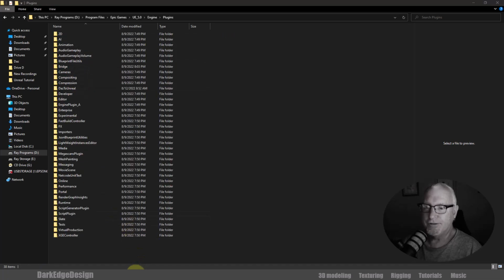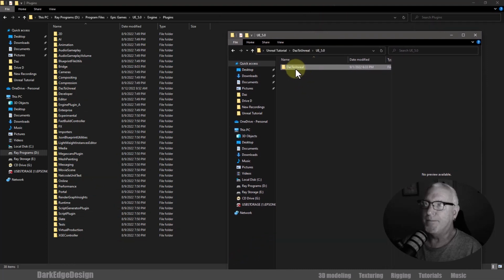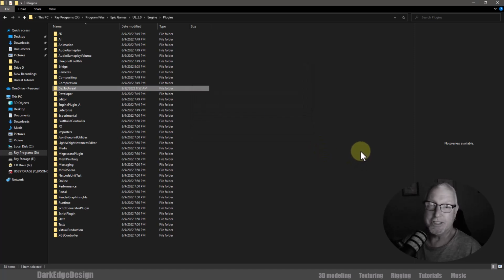Okay, so go ahead and you're going to grab that folder and you're going to make sure that you're dropping it into the plugins, not into a neighboring folder, but into the plugins. Okay. Just go ahead and let that thing drop and go ahead and overwrite if you've already previously installed a